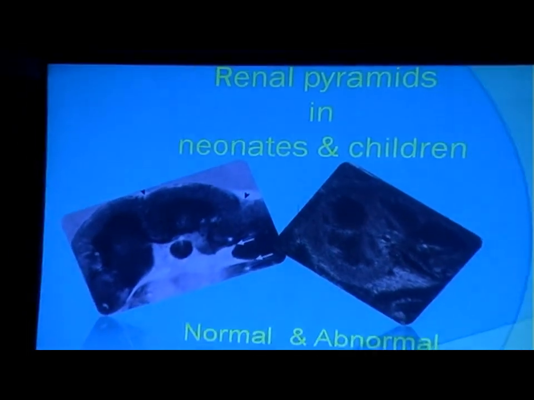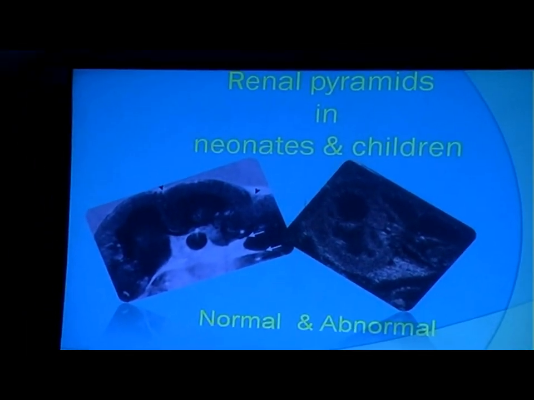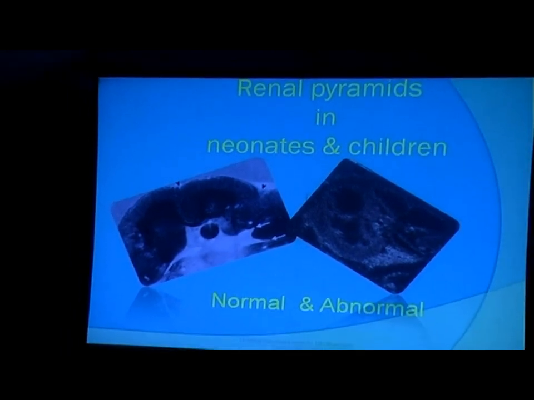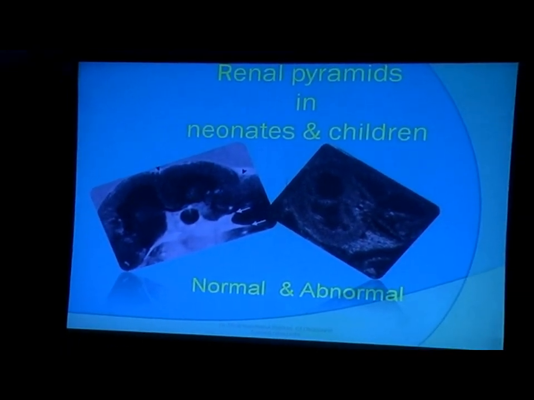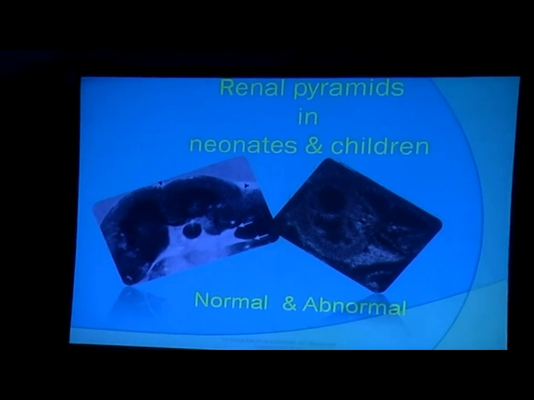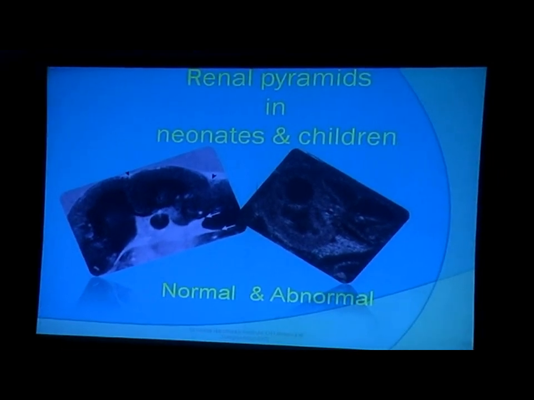Talking about renal pyramids, although a topic which is slightly uncommon, for pediatric cases I think it will be an important thing. Many times you come across children where you find that the pyramids are looking bright. Most of the times I've seen people get confused: is it nephrocalcinosis, is it normal, or is it something abnormal? What should I write? Can it be a physiological phenomenon? All those queries, I think this will answer.